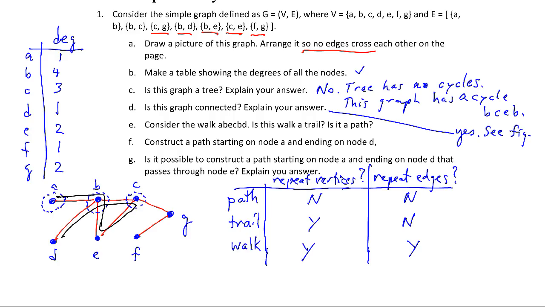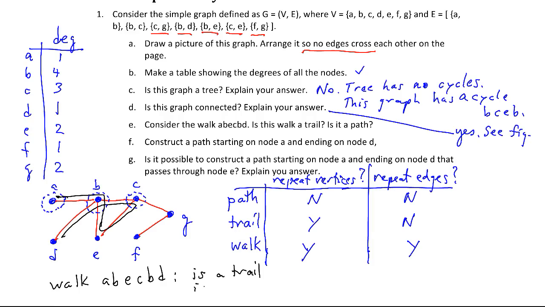It doesn't repeat any edges. We first go on the edge from A to B, then from B to E, then from E to C, then from C to B, then B to D. It doesn't repeat any edges, but it does repeat the vertex B. So the walk A, B, E, C, B, D is a trail,